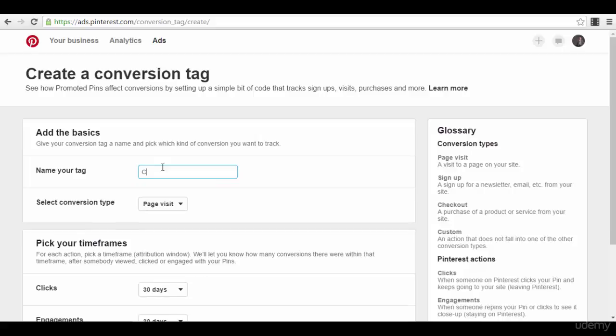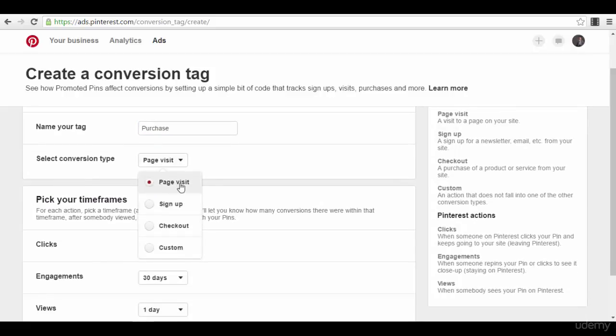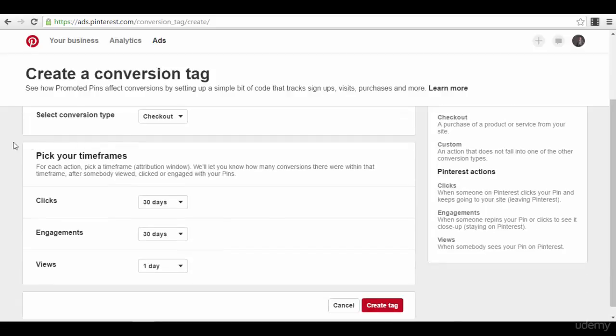So for example, purchase, okay. Then you will have an option, select conversion type, and you have more options here, okay. Page visit, sign up, checkout, custom. Checkout, okay, this will be for tracking my purchases, okay, for people that are actually buying a product or a service. Then you have to pick your time frame, so for how much time you want this tracking code to be available, okay, for how much time do you want to take in consideration these visitors that come from your Pinterest ads,